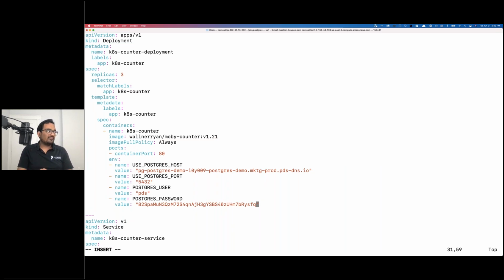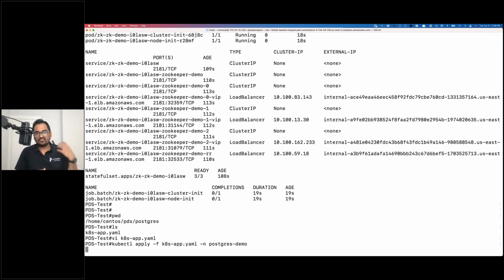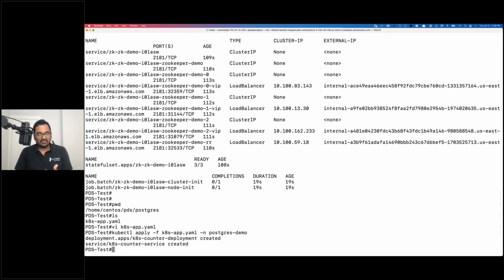I can deploy this application using a simple kubectl apply. And then we'll deploy this in the Postgres-demo namespace as well. So this deploys a service endpoint, which is set to service type equal to load balancer, and we have a deployment object for the actual pod. Now let's do a kubectl get pods in the Postgres-demo namespace,